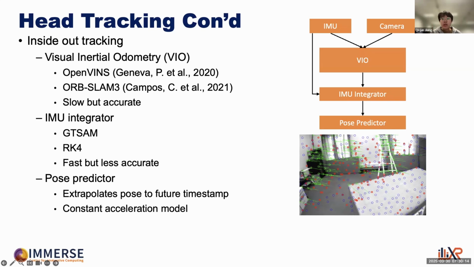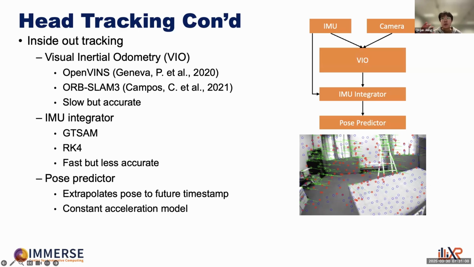Sometimes in the XR system, we would also need to estimate poses for a future time point so that we can start the processing earlier and make whatever deadline that we have. For example, if we know that we want to display some frame in 10 milliseconds, we have to start the rendering process right now. Then we want to have a predicted pose of what the user's point of view and perspective will be 10 milliseconds later, right? And in this case, we would need a pose predictor, which extrapolates the most recent pose to a future timestamp.